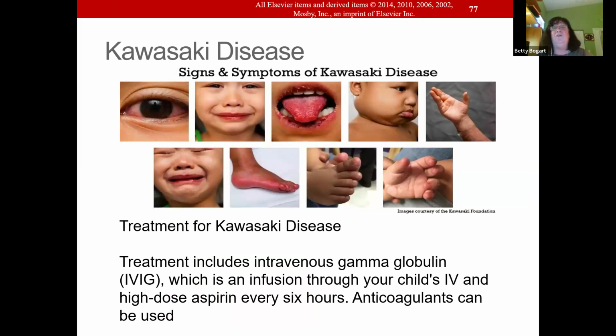I think those pictures are great, and I love the strawberry tongue there. So we have an inflammation in the vessels. So this is the child we're going to give aspirin to, high dose aspirin. But why aspirin? It's used as your anticoagulant, right? Or we might be giving them an anticoagulant like Coumadin. Physician choice, mostly it's aspirin, and then to treat the virus, IVIG, intravenous immunoglobulins, because that boosts that immune system.